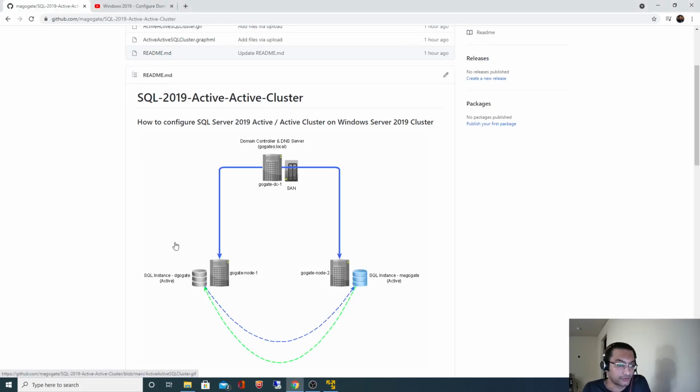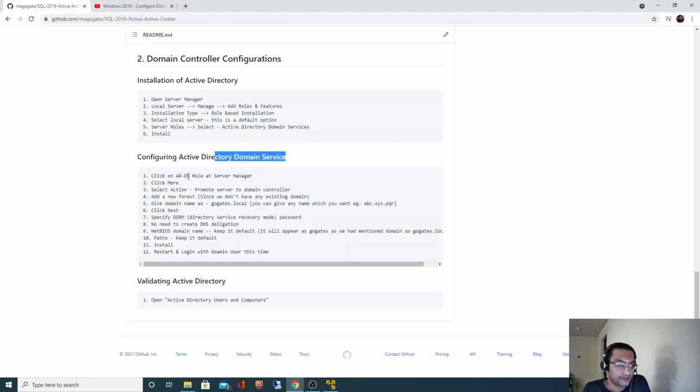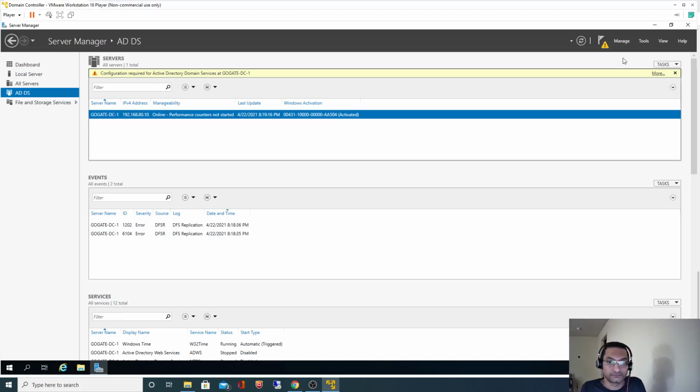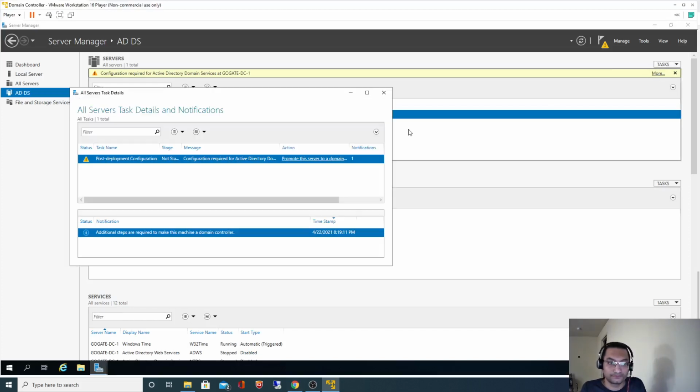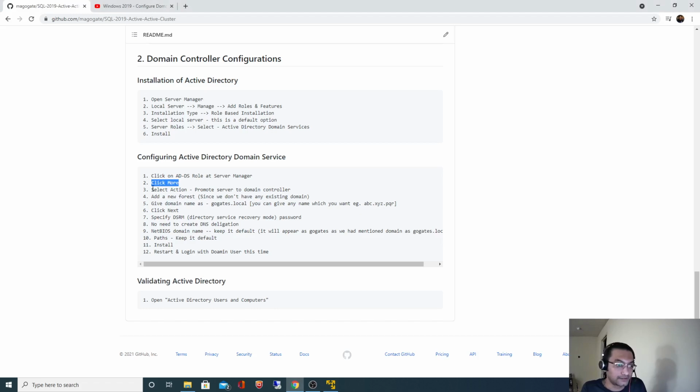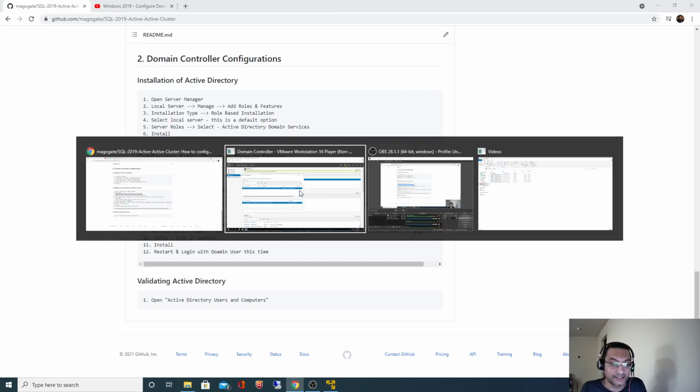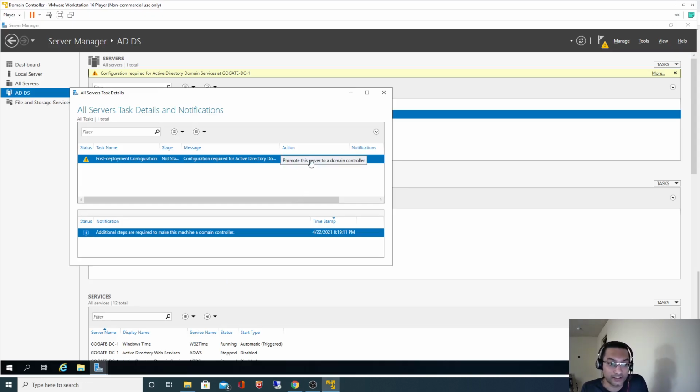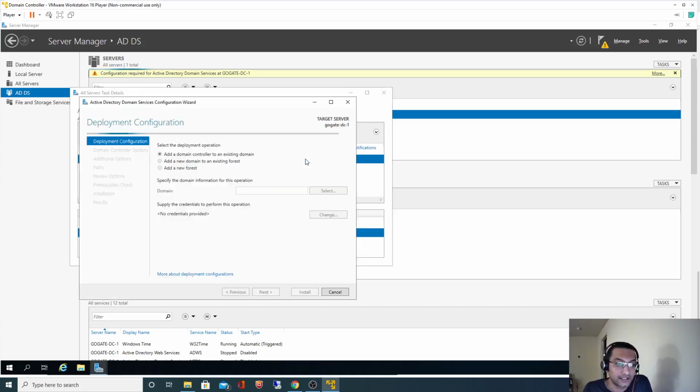So if I go back to my documentation, I need to click on this ADDS, and after that click on More, and then select the action Promote this server to a domain controller. So basically we are configuring the domain controller. We are promoting this server as a domain controller. So this is the action, I will click on it.